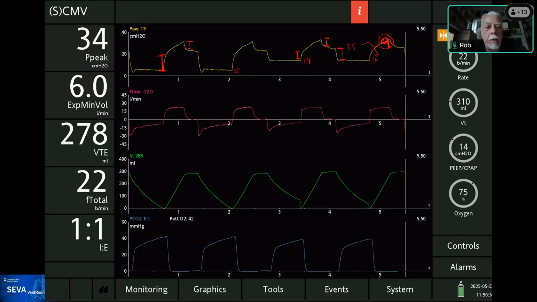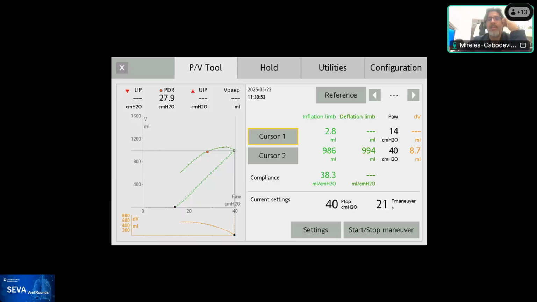So yes, Carson is right, but I don't want to confuse the issue here. Perfect. And I want to show you, this is one of the maneuvers that we did initially. This patient had severe hypoxia, and we were trying to figure out what was going on. So we did a PV tool on this patient,